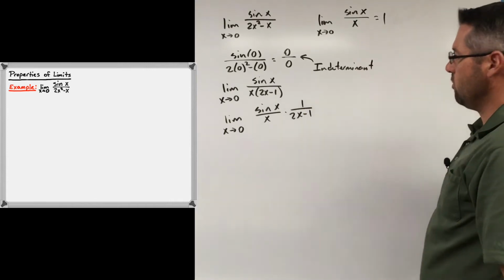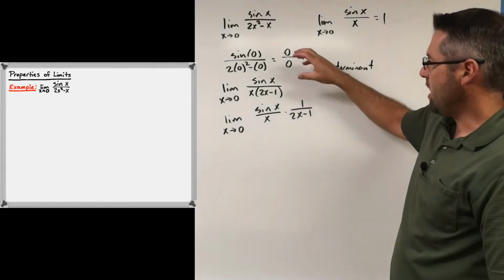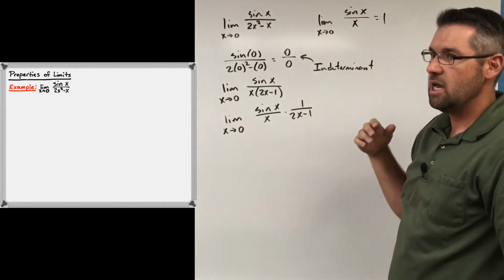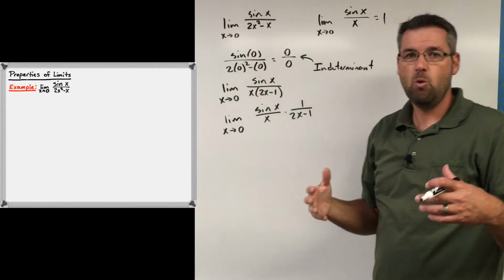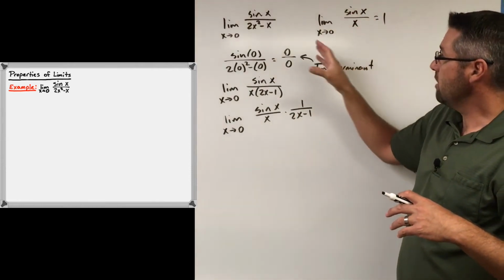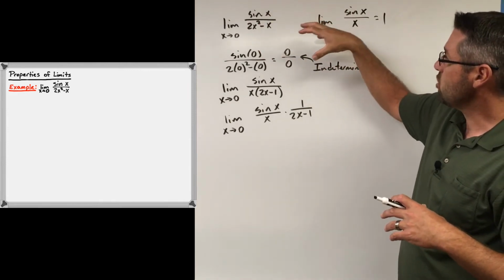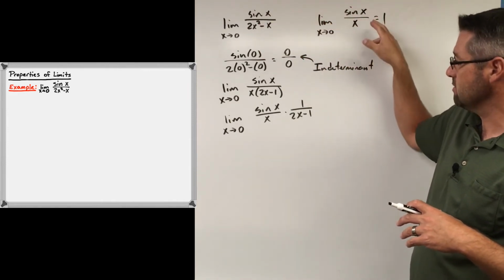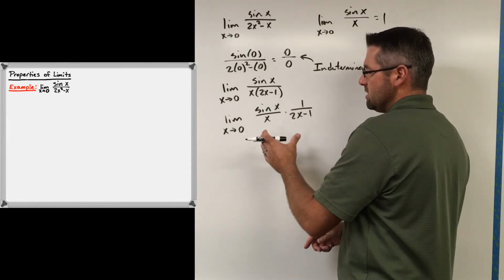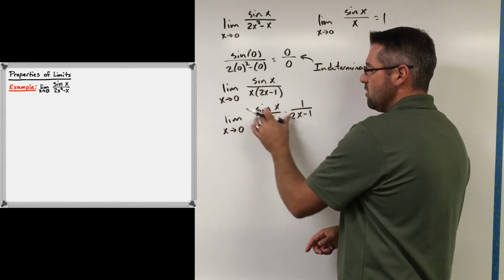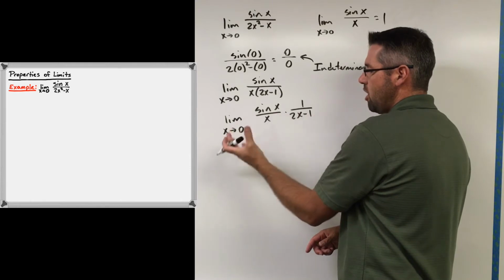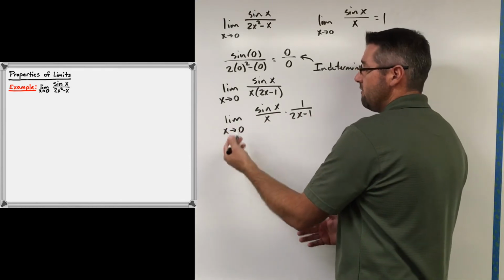Now, some of you might be going, well, wait a minute, how do you know that you're going to do that? Like, what's the indicator? And a lot of it is just feeling comfortable with the mathematics and seeing something going on, seeing a relationship, and maybe just trying to make it look like you have this, okay? Now, we have a rule in calculus that basically says the limit of a product is going to be the product of the limits. So again, if you can just manipulate it